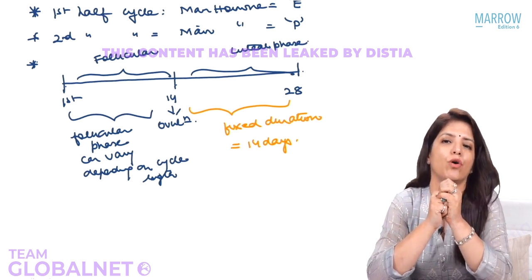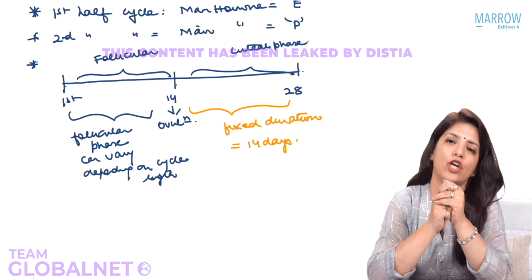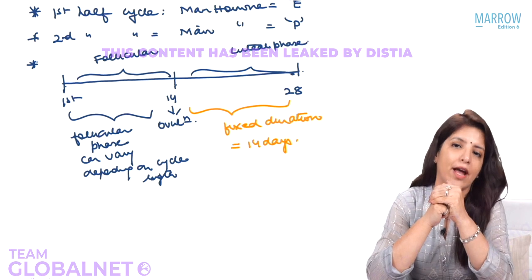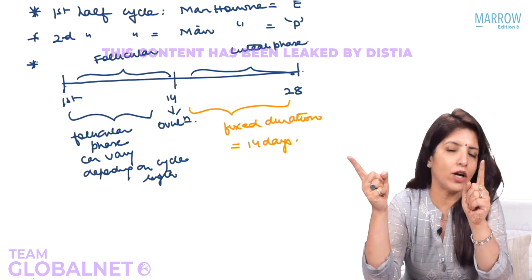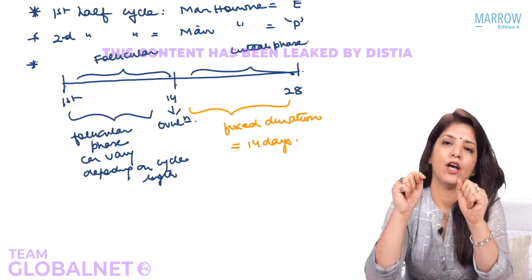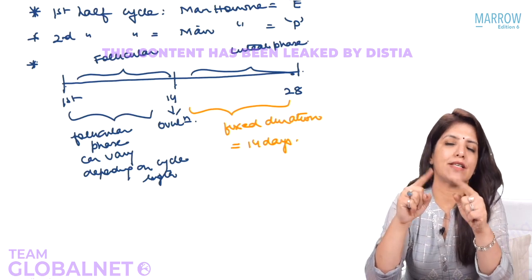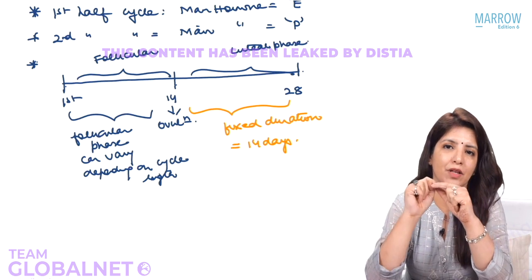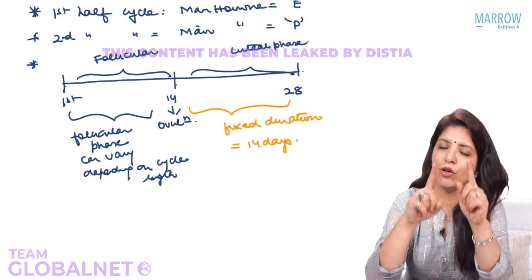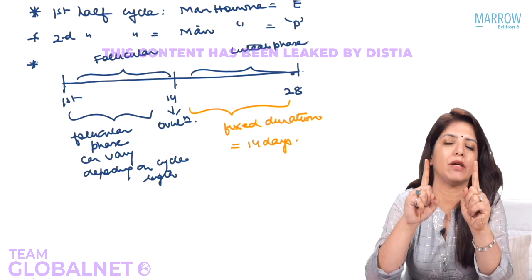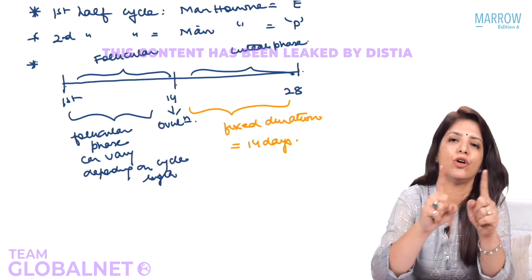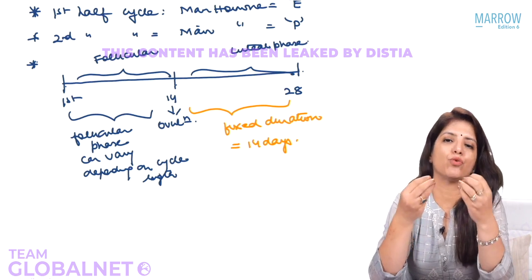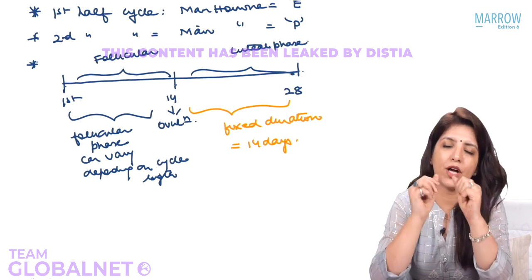So you tell her that you are going to ovulate on 14th Jan. Now if you say that she ovulates on 14th Jan, she is going to menstruate on 30th Jan, right? So that means the luteal phase has become for how many days? Luteal phase becomes for 16 days. And I am telling you that luteal phase duration has to be kept fixed, and that is 14 days. So that means I cannot tell her that she's going to ovulate on 14th Jan, right?